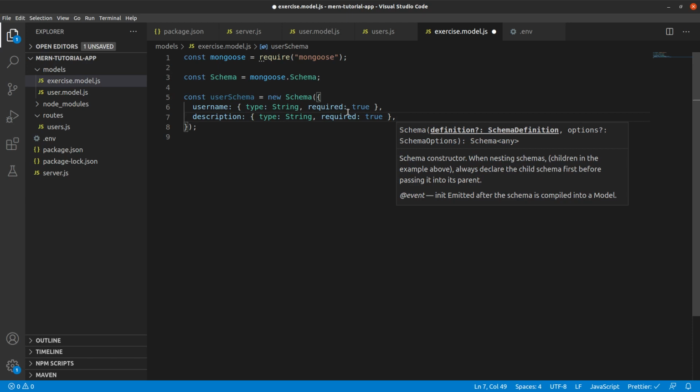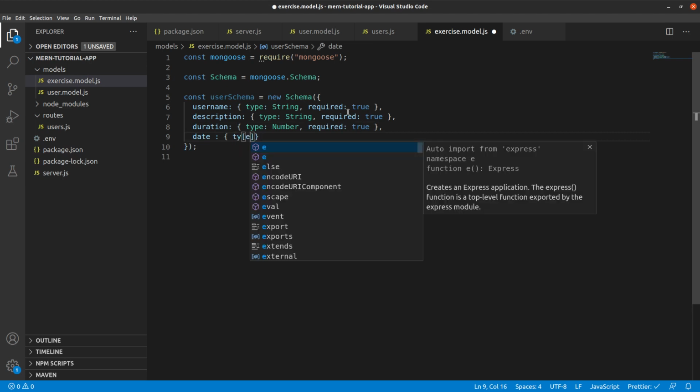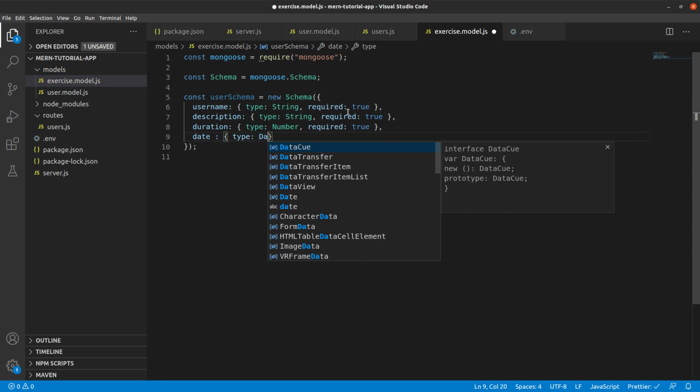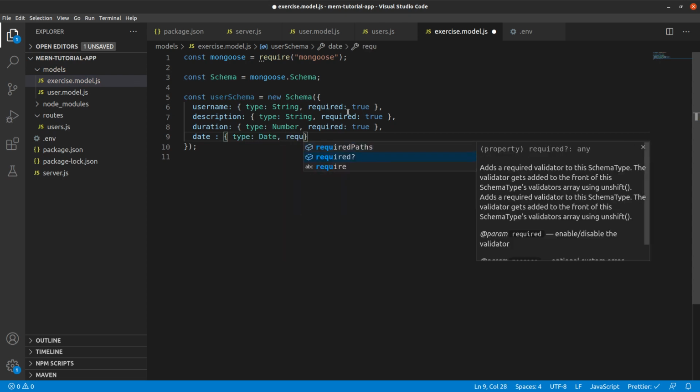Okay, two columns, and you can have a third column as the duration, or how much time you had exercised for, and yes, this can be a number, and let's have this required as true as well, and you can record the date on which the exercise was performed. Okay, so I guess date. So this is also required,